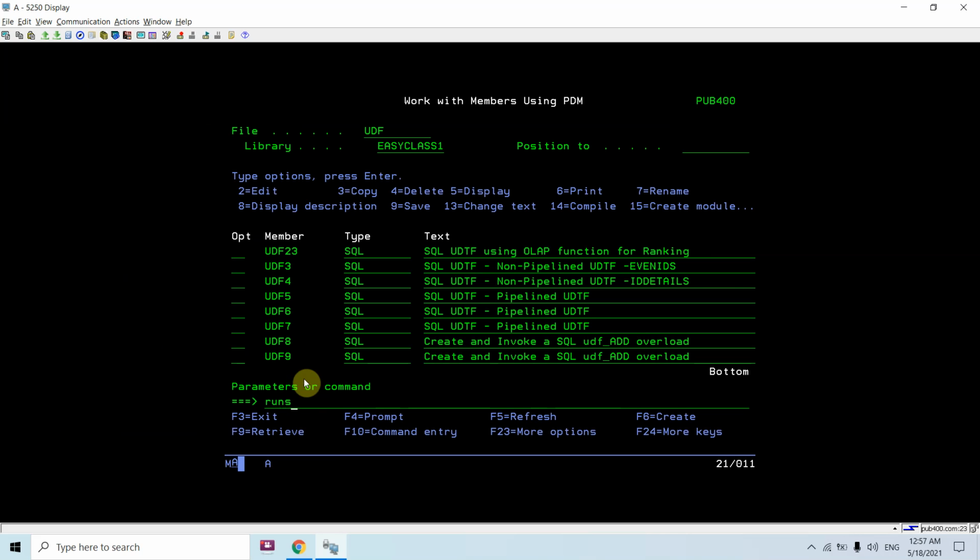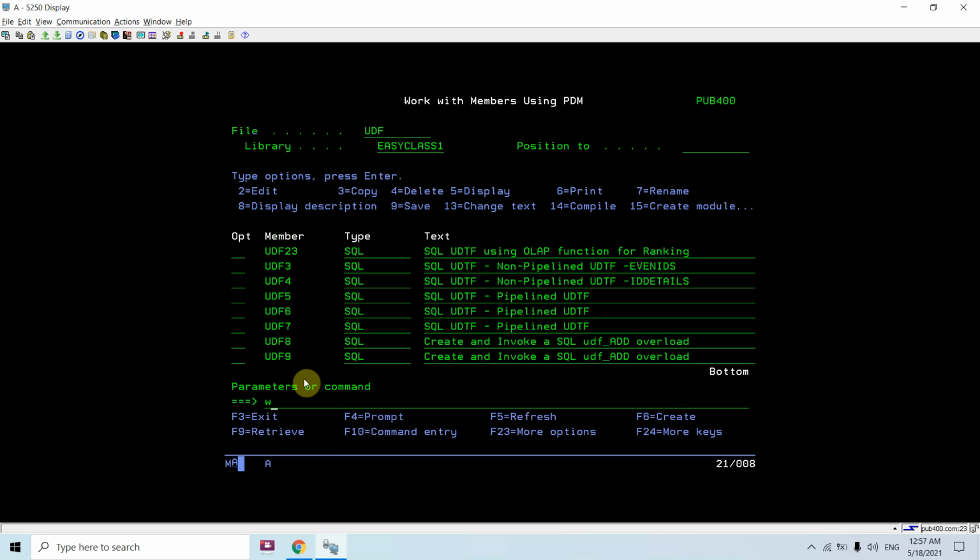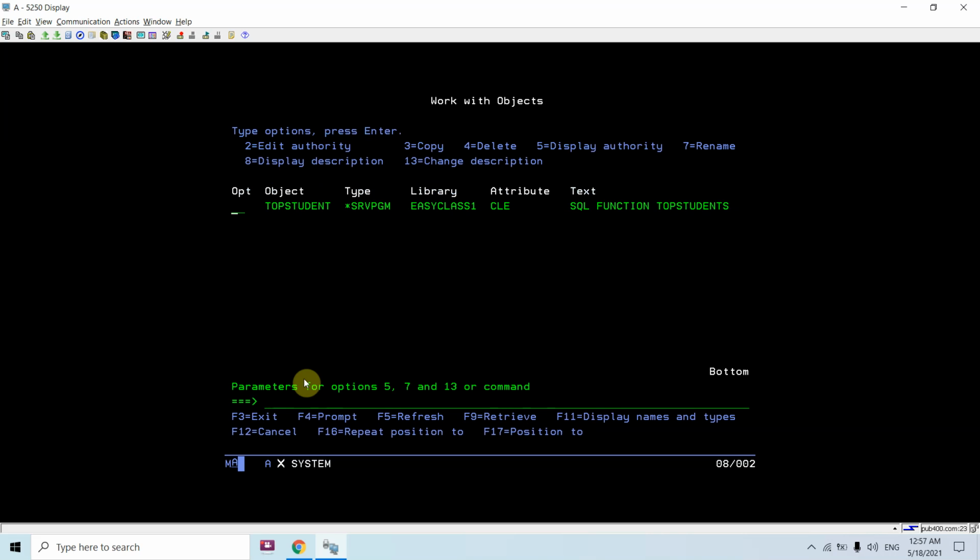Let me show you how we create this. We pass the source file, the library name and the source member. You can see this was the specific name which gets created. Here it's a service program.